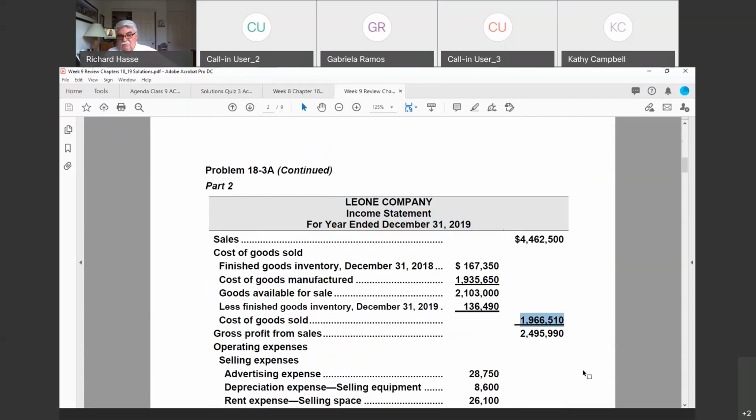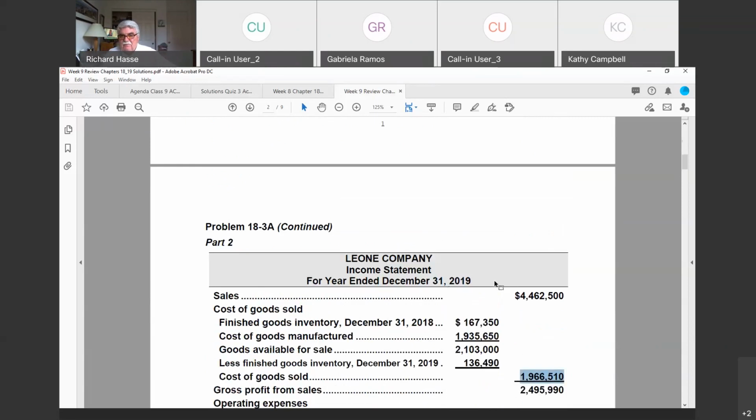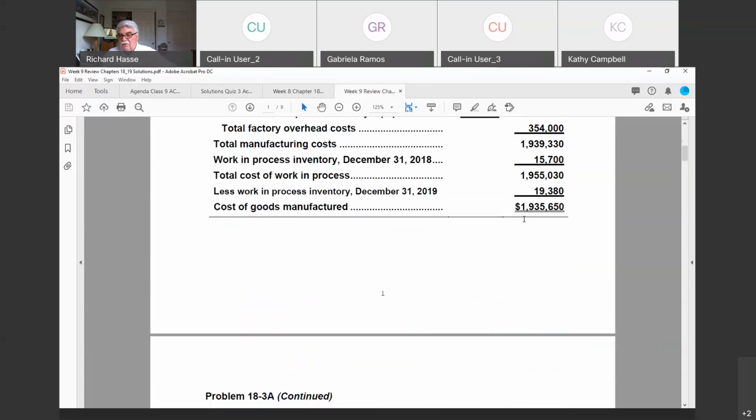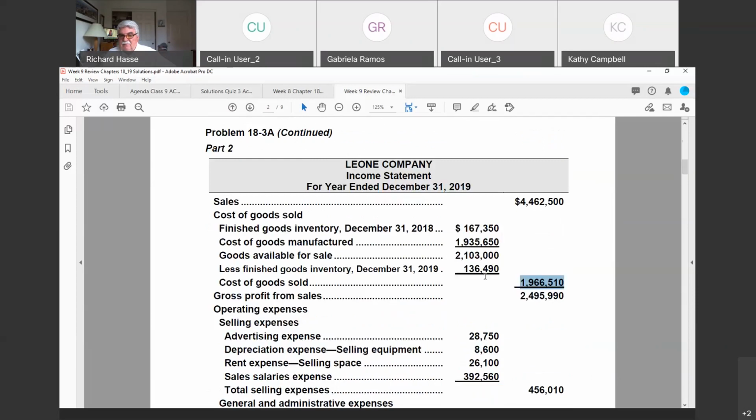Cost of goods sold. We had this available at the beginning of the year. We produced this amount. How did we know how much that was? Right here. Materials, labor, and overhead. And then we have an ending inventory that we haven't sold. The difference must be expense, what we sold. And the difference between sales and our product cost is called our gross profit, our markup.